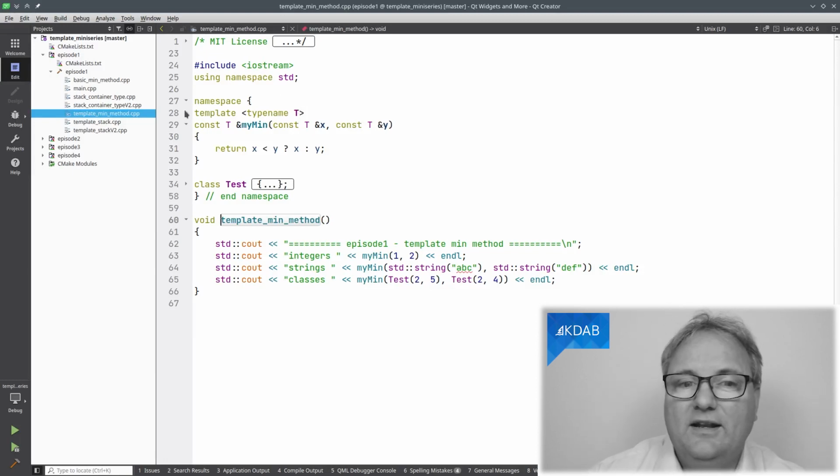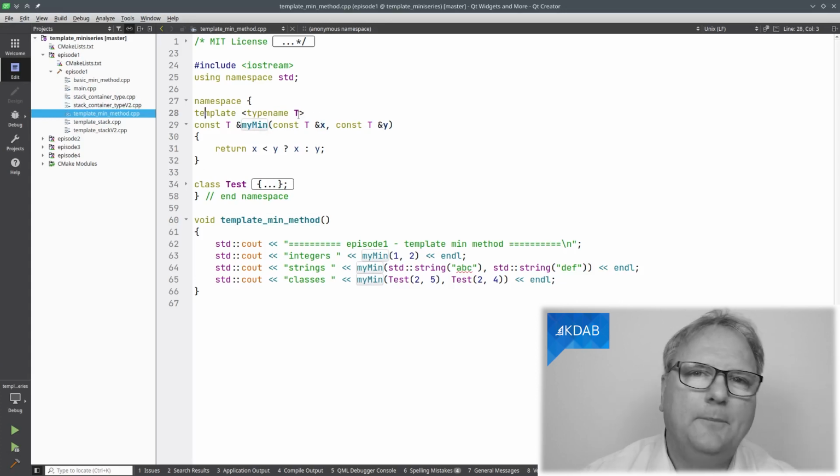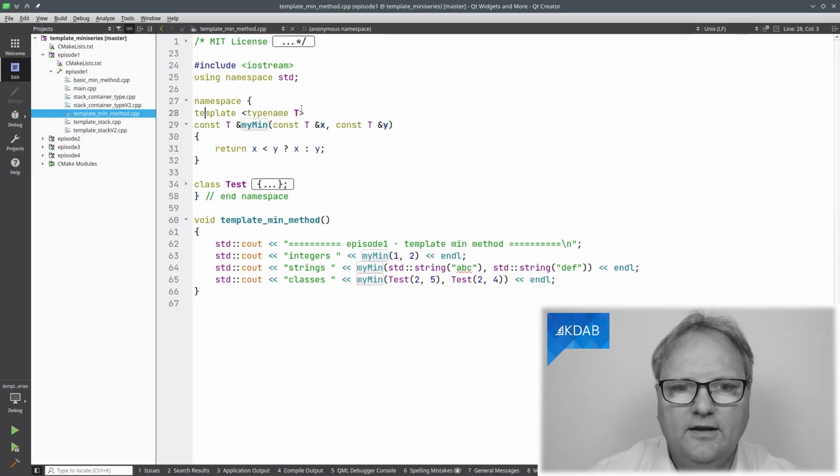Okay, anyway, it's a template method now. We can see that because of the keyword template. And in this bracketed list, I name which types are to be abstracted out. It's the type T. And if I select T, you can see that I have a T here and a T there and a T there.